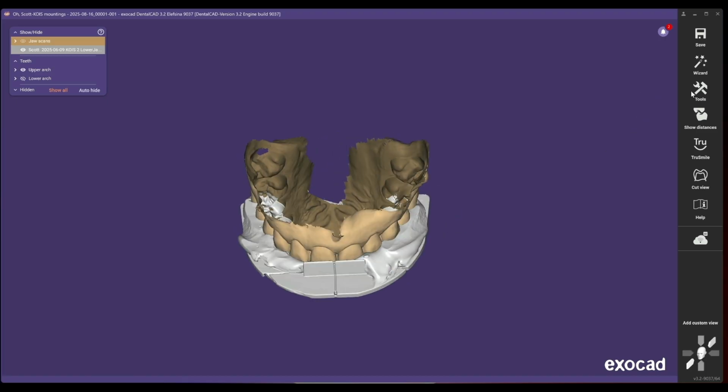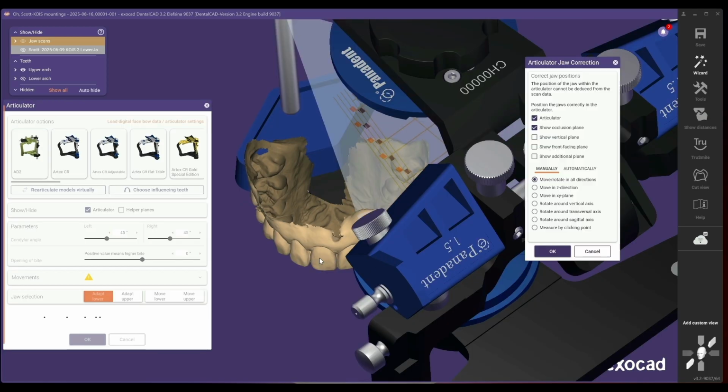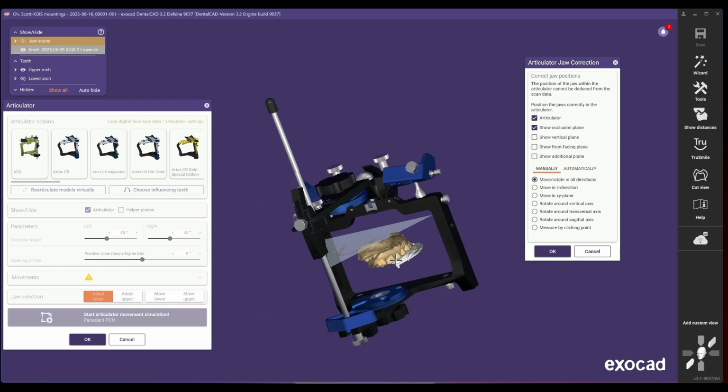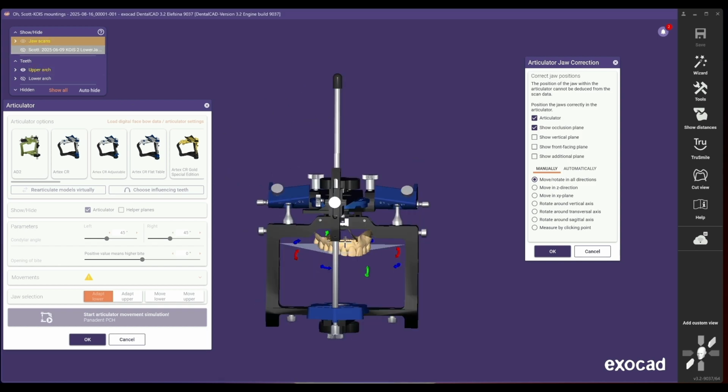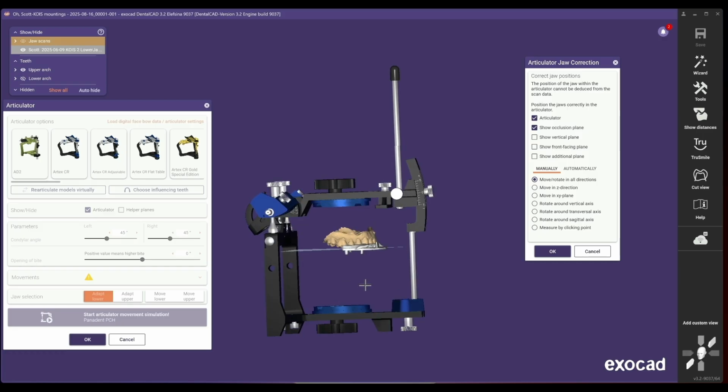All right, so just continuing in Expert, we're just going to go to our articulator. Now you can see we're going to turn this on and see it's right there. And then we're just going to go ahead and turn on this doodad. Now, if you remember, this occlusal plane is essentially a Kois plate. So what we want to do is align this so it's parallel with that and